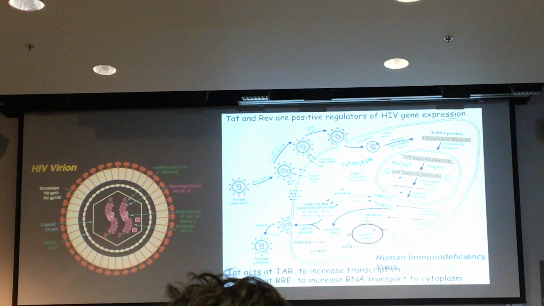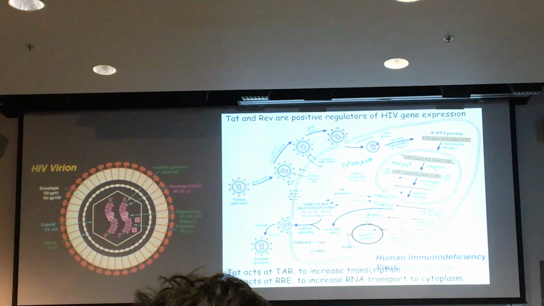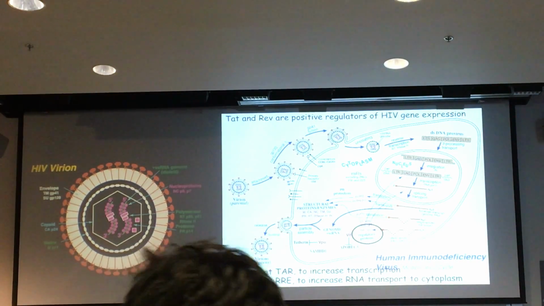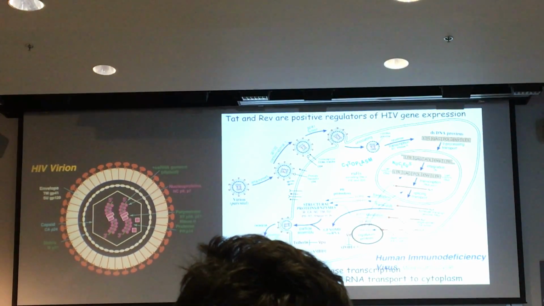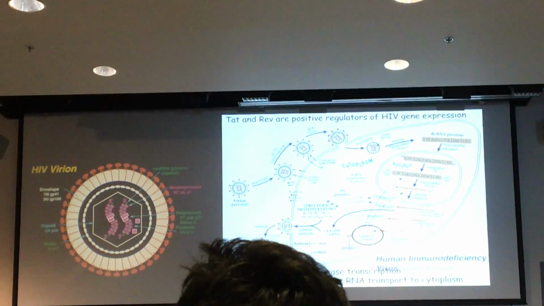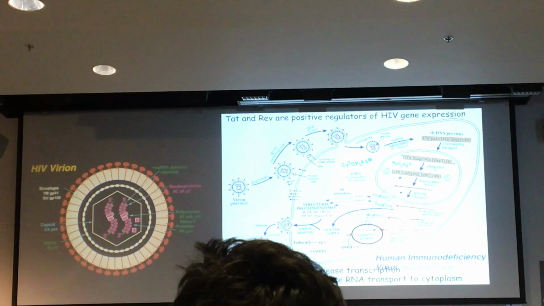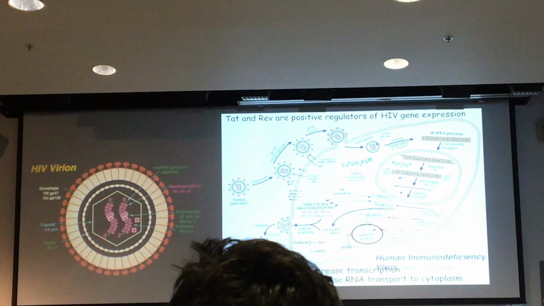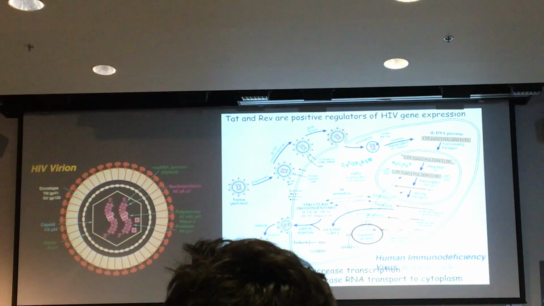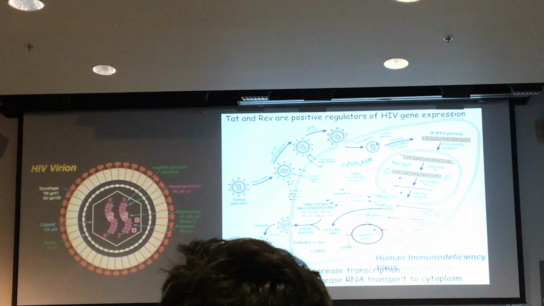Because TAT and REV, the global outcome of their function is to increase expression. They're positive regulators to increase expression of the HIV genes that are going to be important to make progeny virions. So TAT, the protein TAT